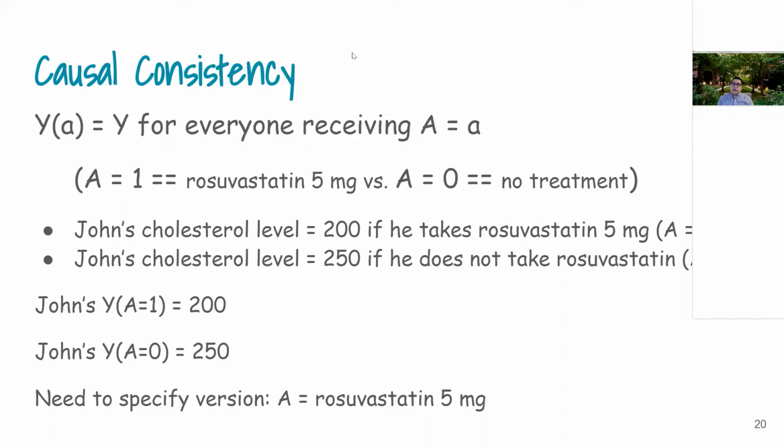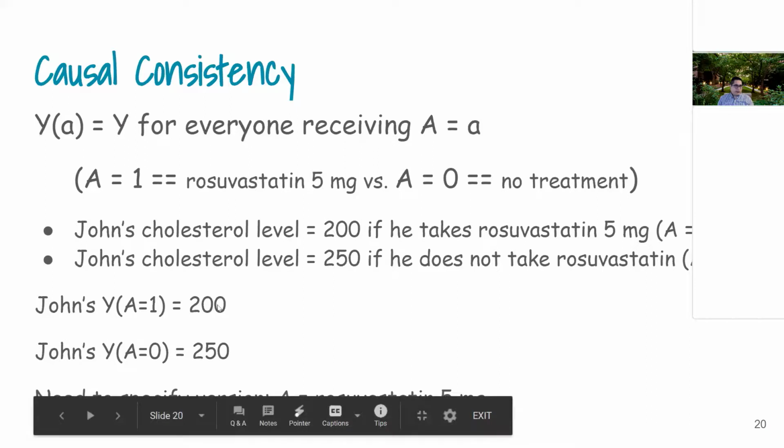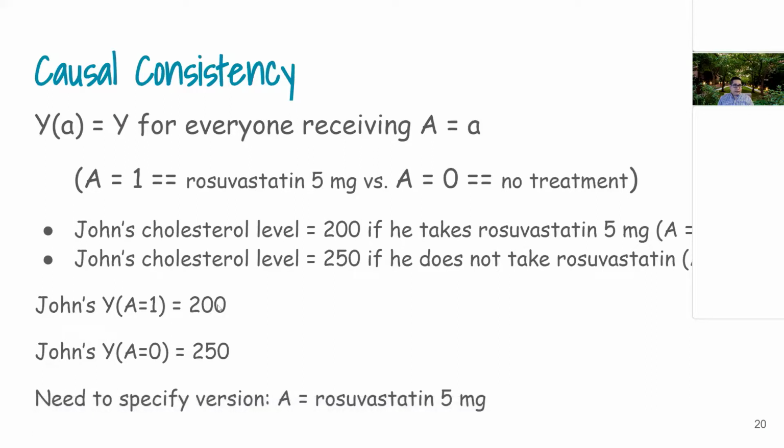But let me give you that definition anyway. This is the observed Y, and this is the potential outcome under treatment. And what this assumption is saying is that both should be equal. What does that really mean? So to understand that,